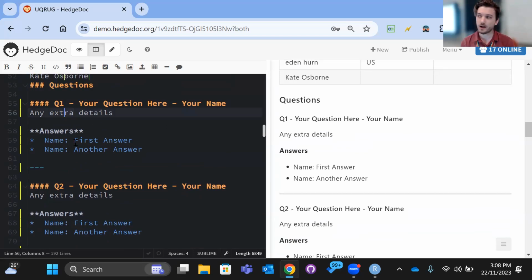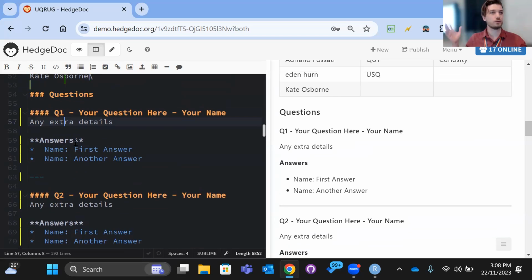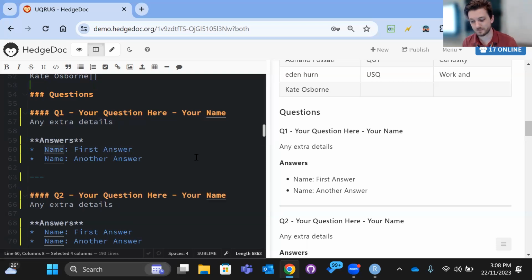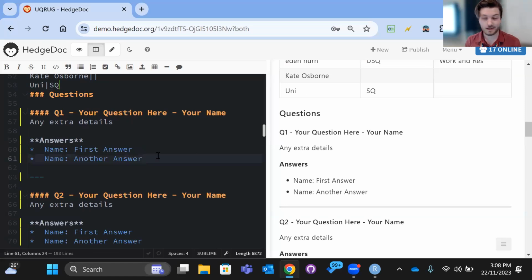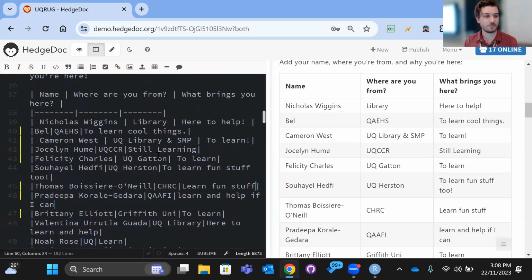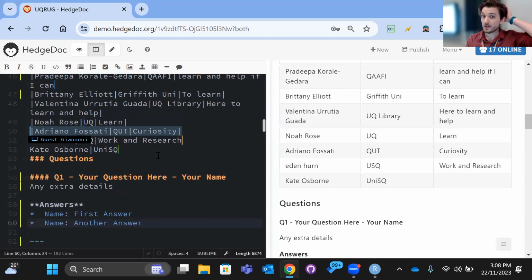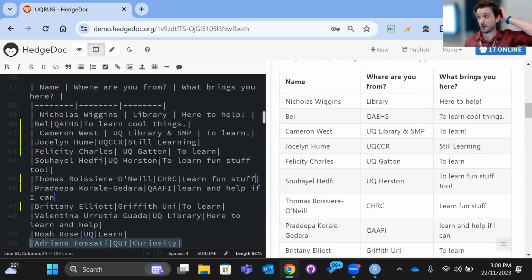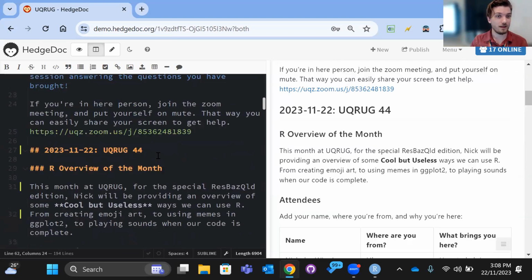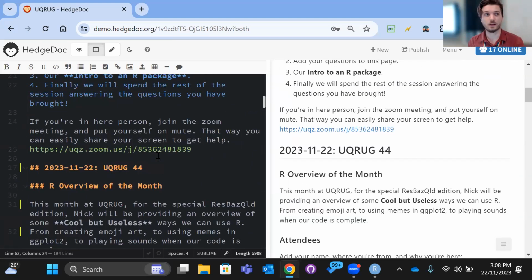And then if you do have an answer for that question, you can go through and do this at any time, you don't have to do it in front of everybody. You can just sneak in there and put the solution to your problem anonymously, or go in there and put your name in as well. And that's how we do it here at RUG. So go in there, add your name, go in there, add your questions, and you're already doing coding, I guess, because this is Markdown, which is a coding language. Any questions or issues about that at this stage?